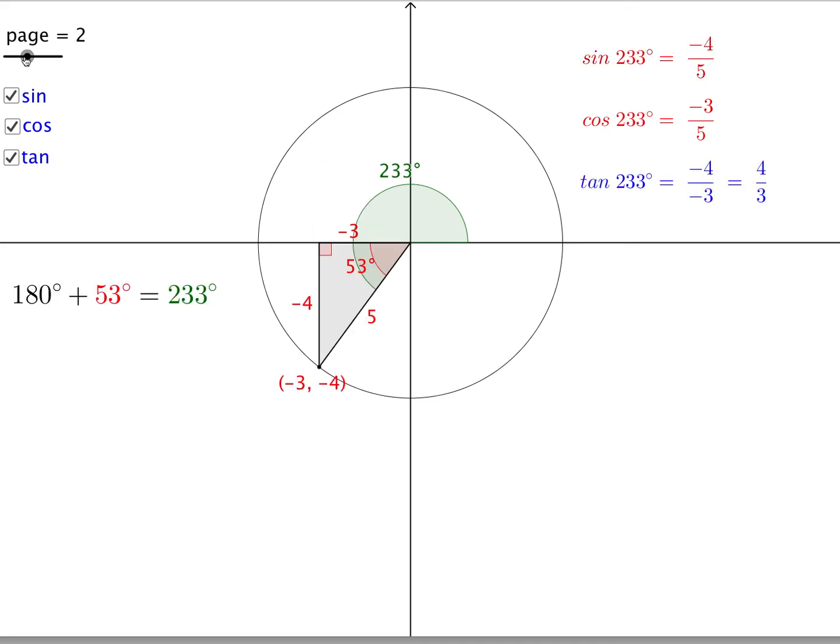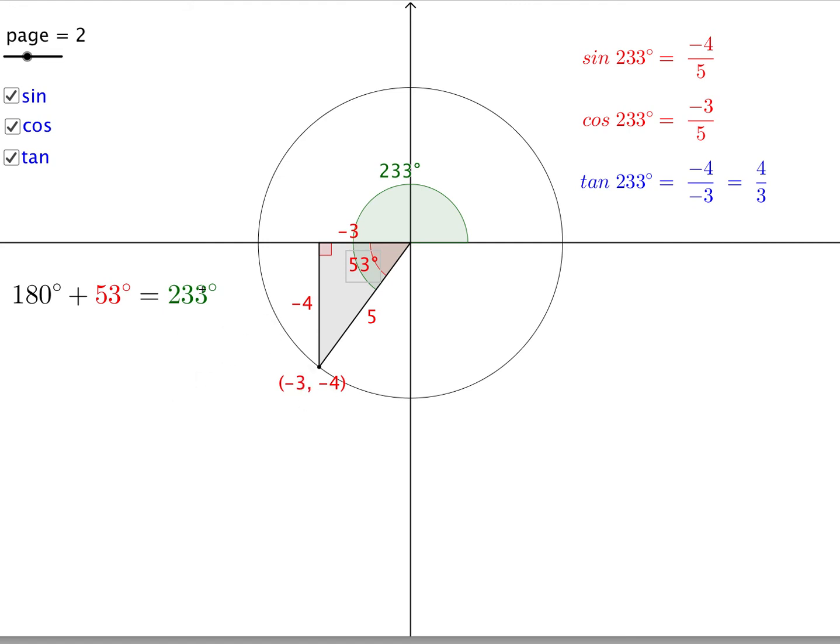Keep turning, and you next get 53 degrees when you've gone 53 degrees beyond 180, giving you 233 degrees. There it is, 180, an extra 53. Sine 233, cos 233, and tan 233 were the same as sine 53, cos 53, and tan 53. It's just, again, two of them have gone negative, because it's negative on the adjacent and it's negative on the opposite. That makes the sine and the cosine negative, but the tangent is -4 over -3. Opposite over adjacent, both negative, and a negative divided by a negative is positive. Tangent's positive in this